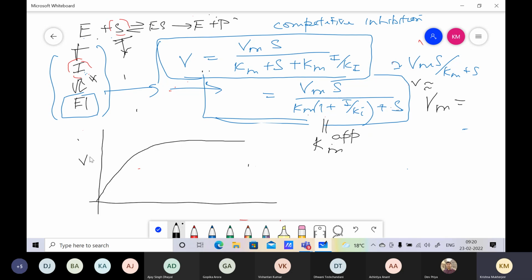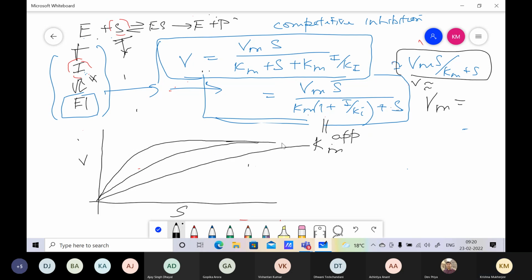the usual reaction, V versus S, is this expression here. And as we keep on adding inhibitor, you can see that as inhibitor increases, this is the point, right? This is what we call the geometric interpretation of Km, which is at half the maximum velocity. So you can see that the Km is increasing as the inhibitor is increasing. So this is Km apparent,